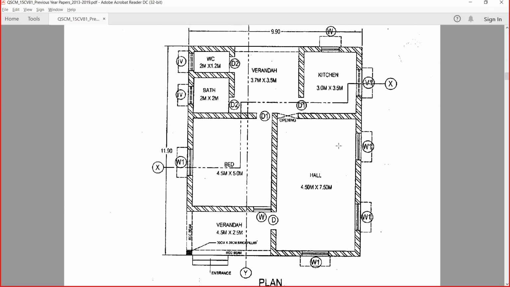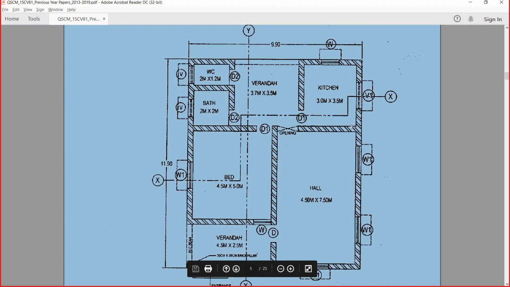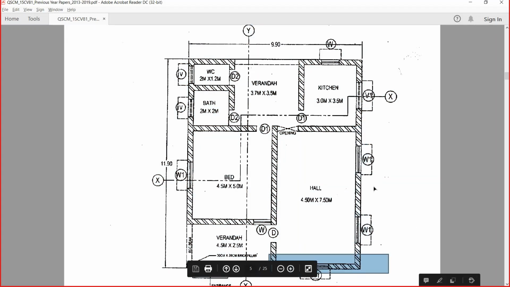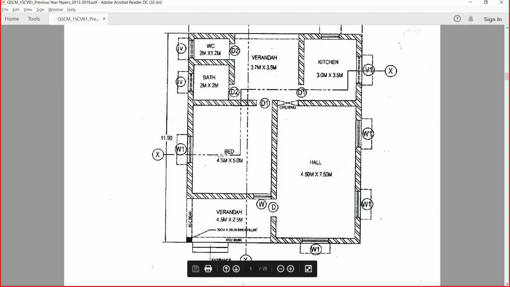Yes. Now, if I consider this particular plan, where we have this hall area, bedroom area, bathroom area, water closet, veranda, and kitchen. If I want to do the same thing in the long wall, short wall method, I need to pick up each individual element. Like the hall is an individual element. I need to consider this as the long wall, and this as the short wall, and again this as the long wall, and again this as the short wall. So once I have done the calculation, I need to move on to the bedroom, again the bathroom, and again a calculation for the veranda, again for the water closet, again for the kitchen area. So I need to do everything separately, right?